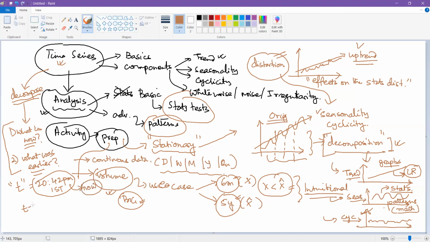Time at any given point in the past, which is just one unit behind the current time, is going to be 20:41 p.m. IST. Let's say my unit is merely the minutes, because what is changing between the current value and the old value is just this number. This 2 has changed to 1, which means only the minute part has changed.